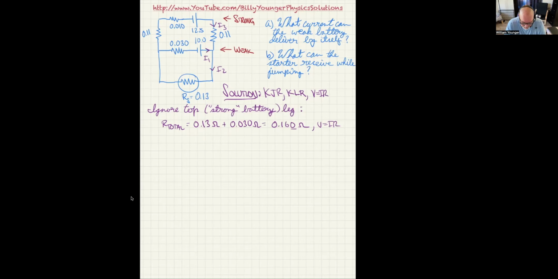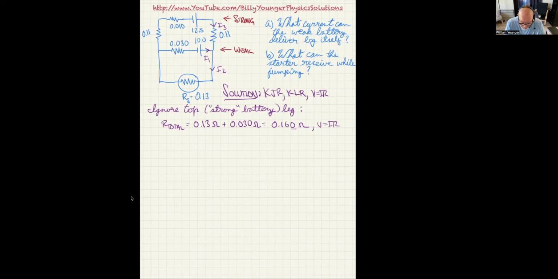So first off, we're going to attack just that lower circuit. So you're ignoring this top leg with the 0.11 ohm resistors and the 0.010 and the 12.5 battery. We're ignoring all that wire. And what we see is we just have a power source with two resistors in series. Those resistors are 0.13 ohms, which is the starter's apparent resistance, and the 0.030 is the internal resistance of the bad battery. So we add those two and we get